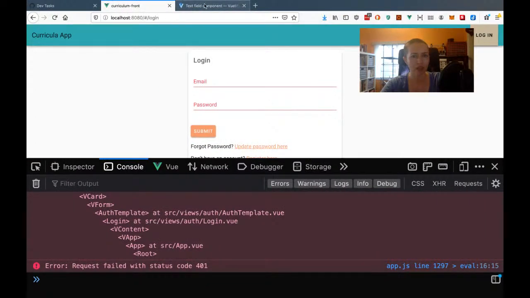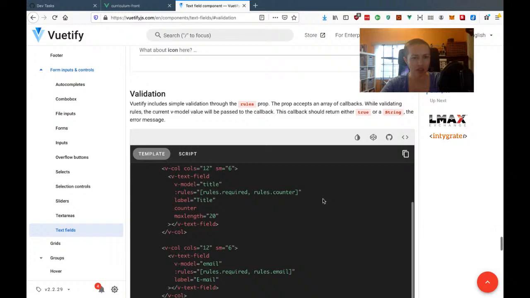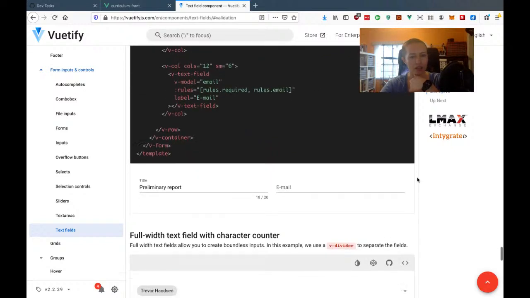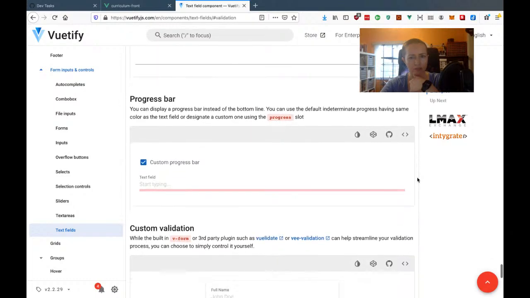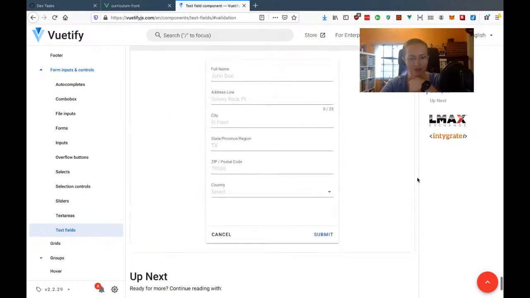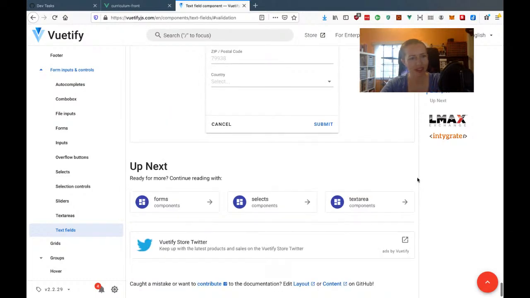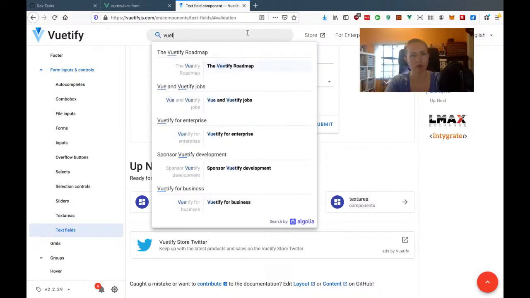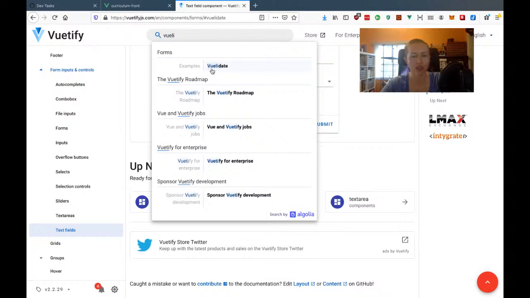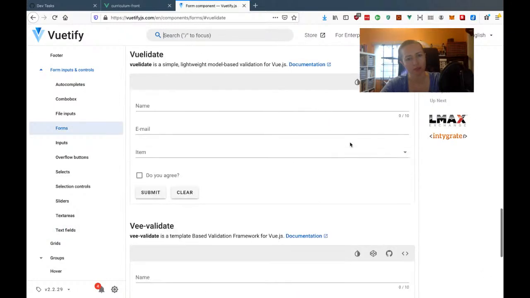Oh, Vuetify gives two ways of validation. They give you rules, right? And then they give you the HTML5 validation API. Do you get a different kind of validation? Maybe, I don't know. Okay. So I know they give you examples like Vue.js. Oh, it's under form examples. That's where it is. So here,